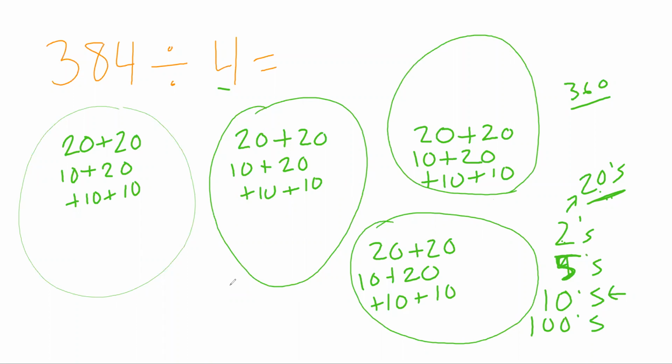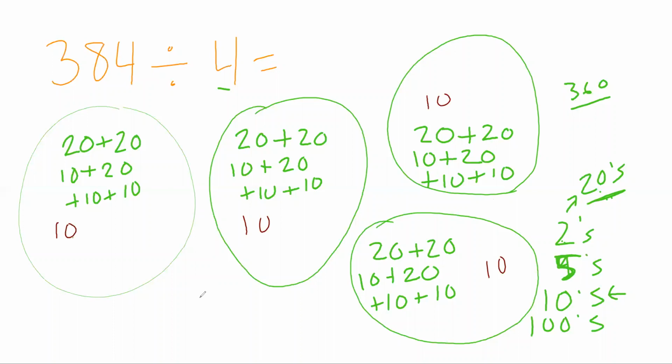All right, so I was at 360. Oh, I'm pretty close, actually. I didn't even realize that. 360, we're only going to 384. So let's see, 360. If I did another group of 10s, 370. Let's try that with a different color so you can see my thinking. So another group of 10, that'd be 370, 380,